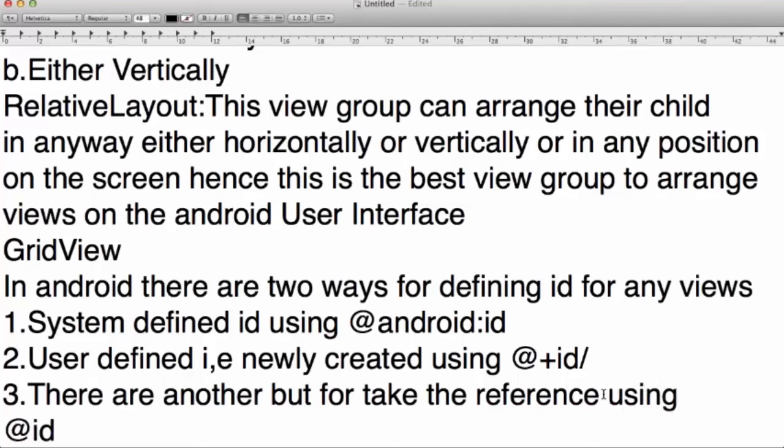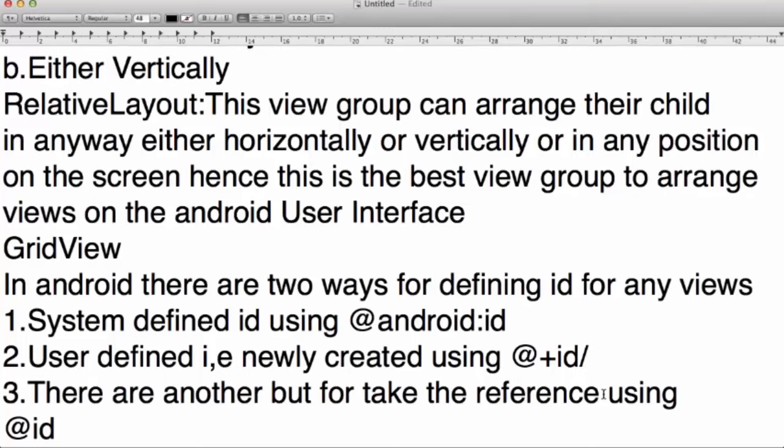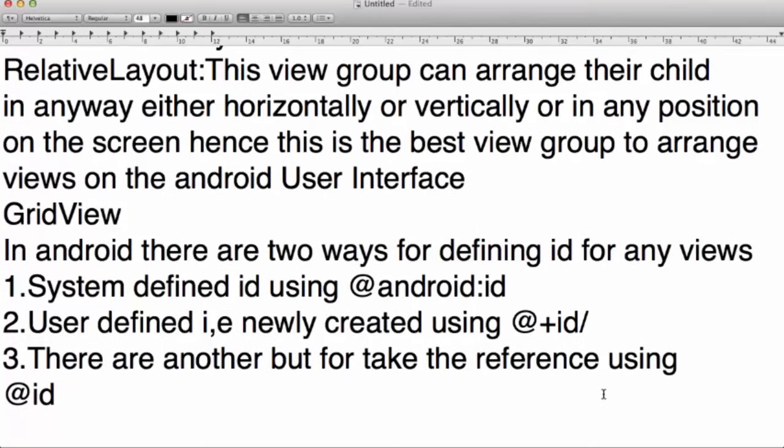For example, you can see here, if I remove this one, @Android and ID, then you can find accessibility, background, button 1, button 2, button 3, candidates area, checkbox, close button, content, copy, copy URL, extra. There are lots of system defined IDs. You are getting my point now? Yes, yes. So there are lots of system defined IDs.